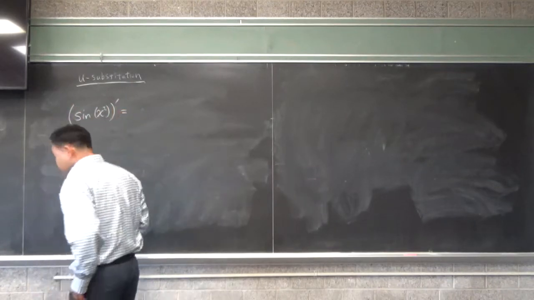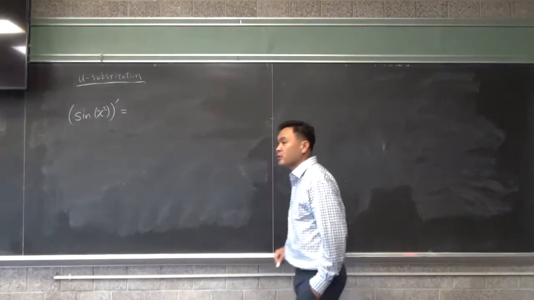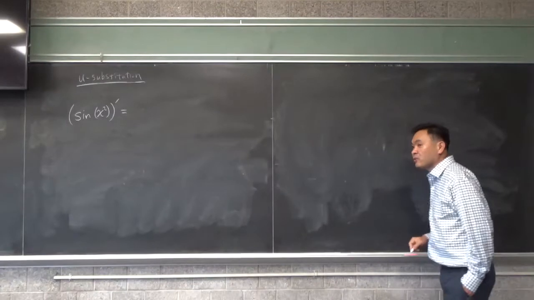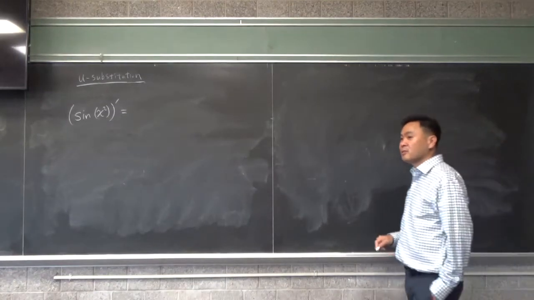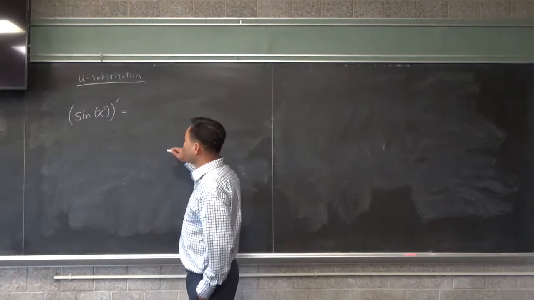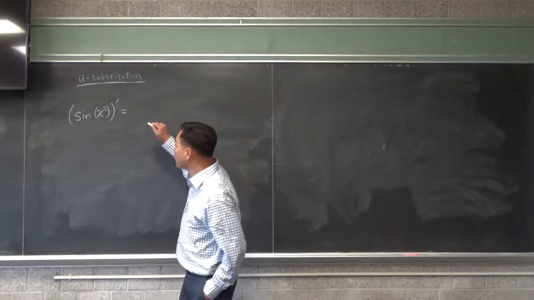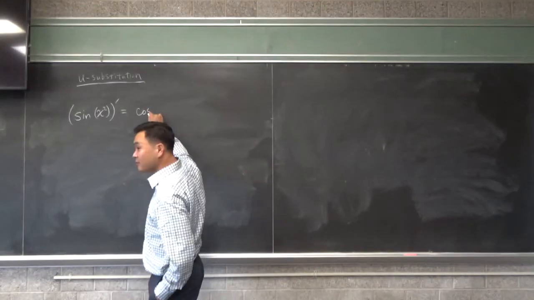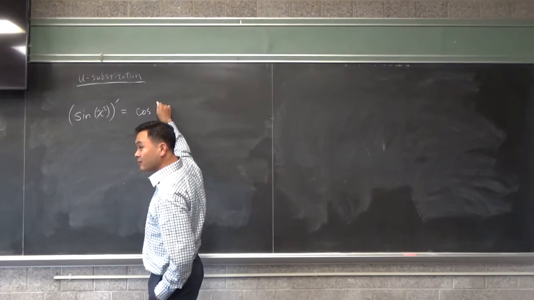prime. Okay, find the derivative and write the corresponding antiderivative statement. That's the question. What's the answer? Cosine x squared